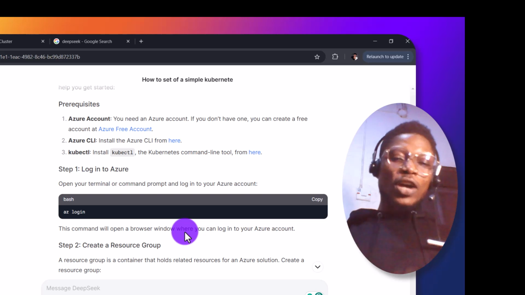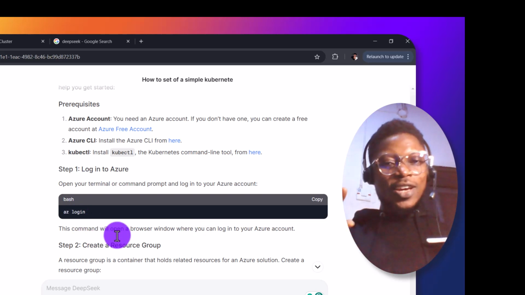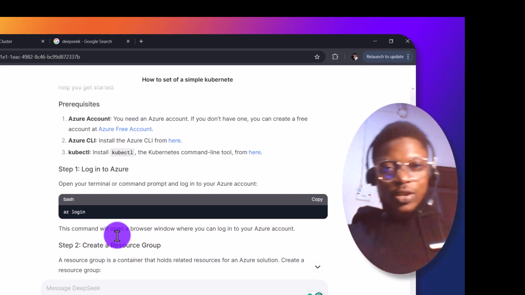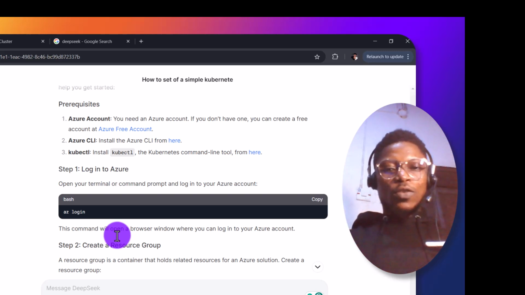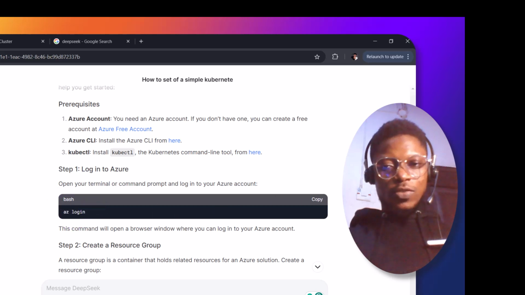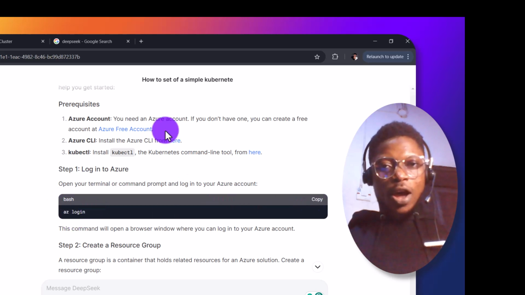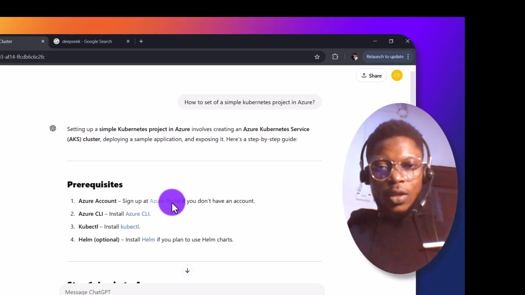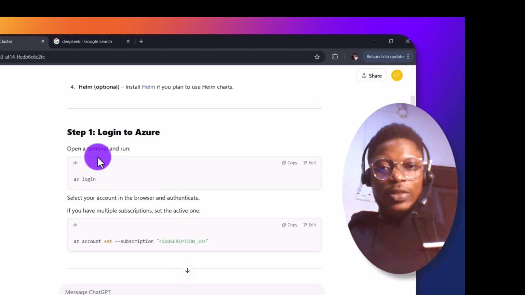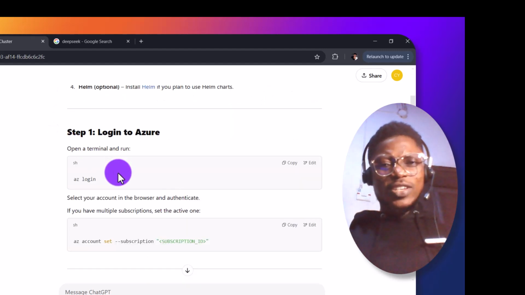If you look at this, you notice that the bash environment, where your CLI commands are, is kind of colorful. It's showing az login, right? This is similar to what we have here as well. But ChatGPT doesn't really have this colorful kind of thing, right?